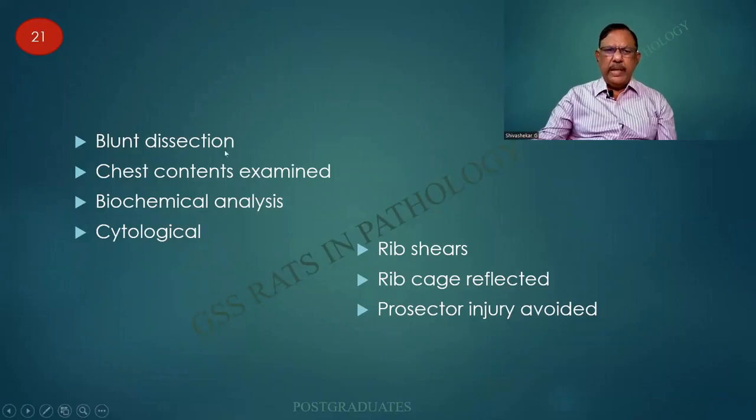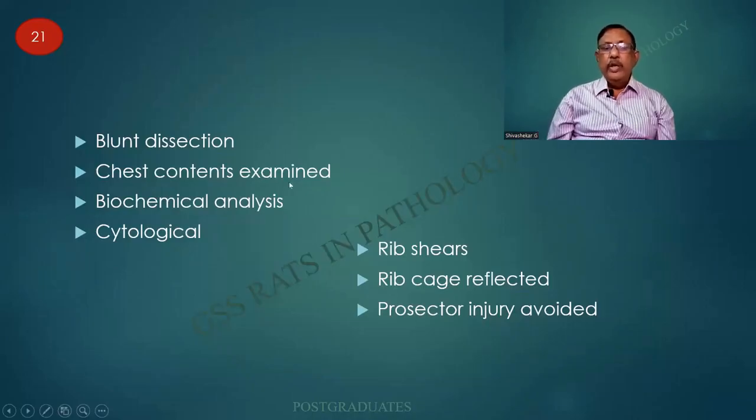After that, there is a blunt dissection. Blunt dissection is literally teasing. What you do is the skin and the subcutaneous tissue are reflected without cutting through the skin and without damaging the intercostal muscles. And after removing the rib cage, or rather the costochondral junction, the chest contents are examined, whether there is going